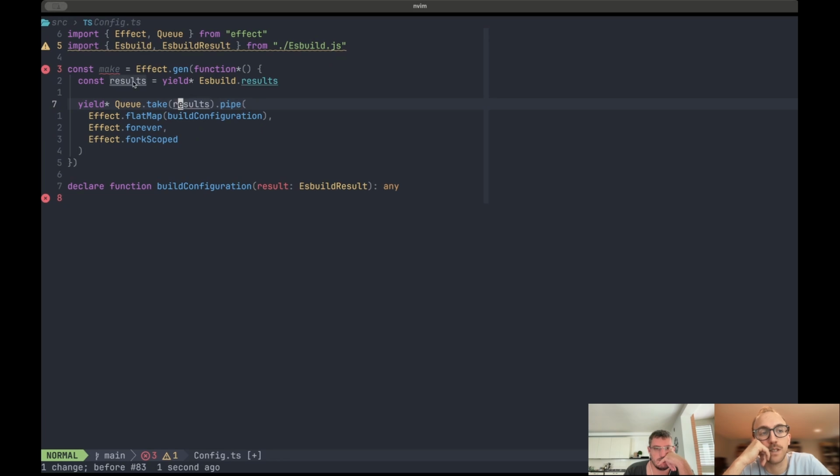And then we essentially have a service here that is constantly reading the updated build configurations